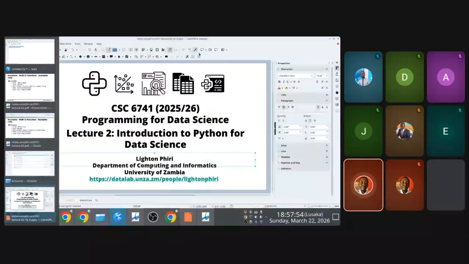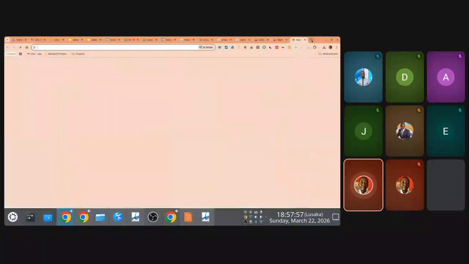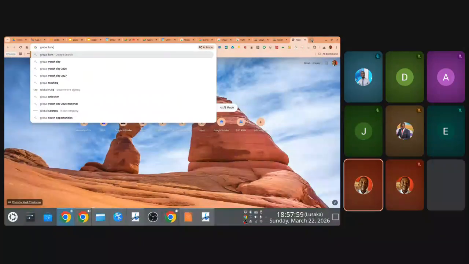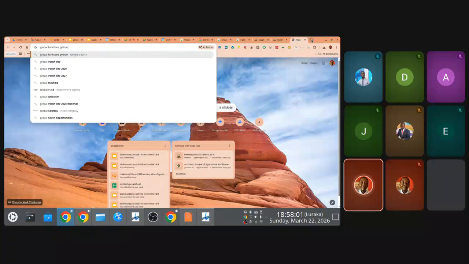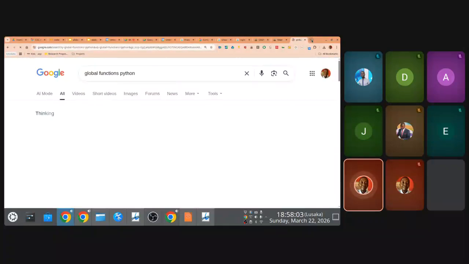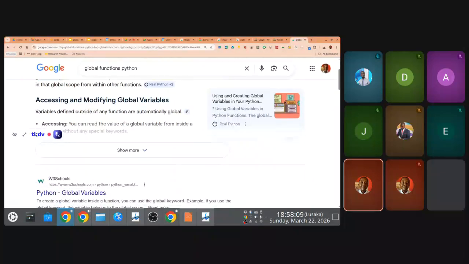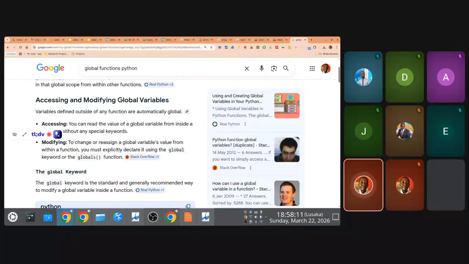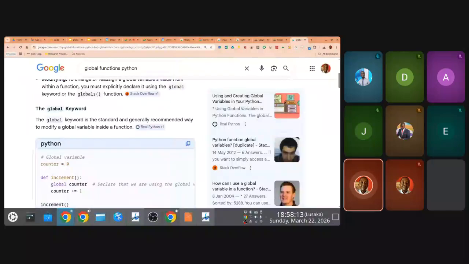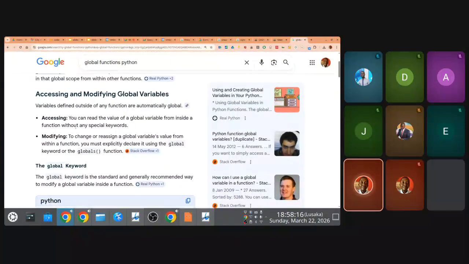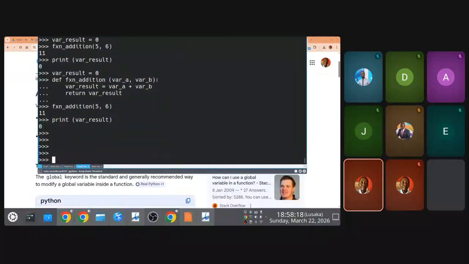Let me see here. It's probably a way of defining a global function in Python. There's going to be a way of defining a global function. Oh, it's a global keyword, so I have to use a global keyword, right? So I needed to